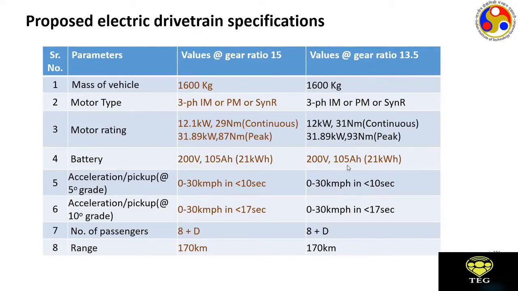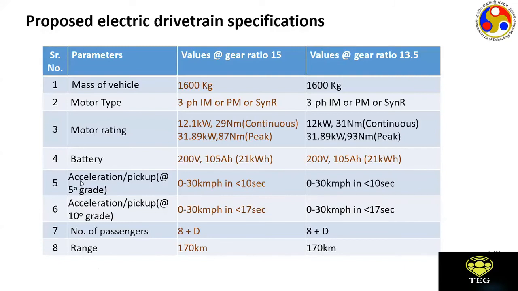So here also one thing we have to keep in mind: if you want to go for a good design of an EV motor, then make sure that you have a high voltage and low current motor. So we try to keep the voltage as high as possible. If the voltage is higher, then the current requirement will be lower. If the current requirement is lower, then the cables and the conductors would be of a lesser diameter, so that reduces the weight of the copper used inside the machine. So we try to keep the voltage levels as high as possible, staying within the regulation.